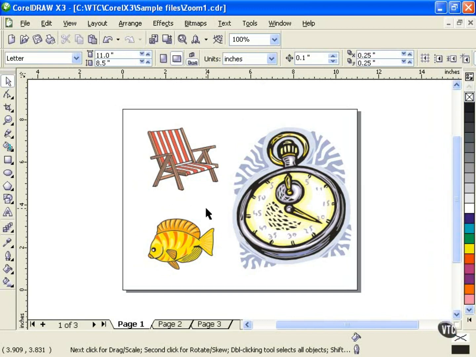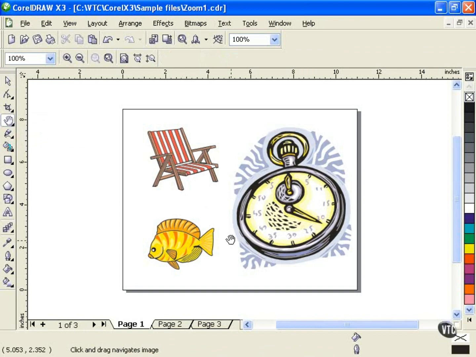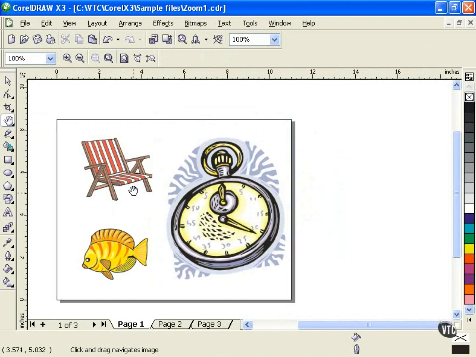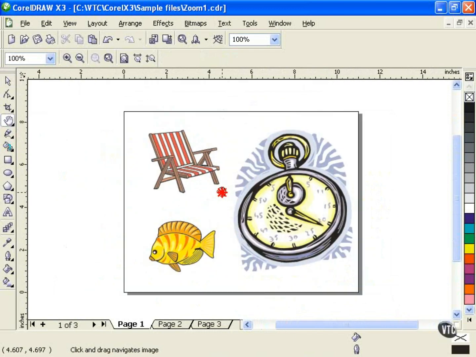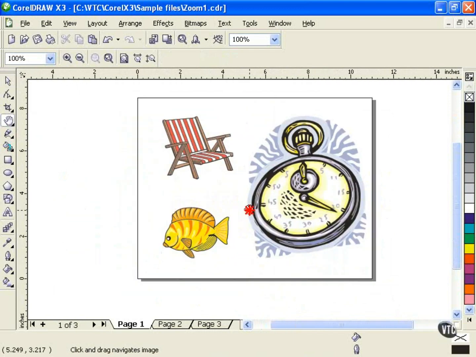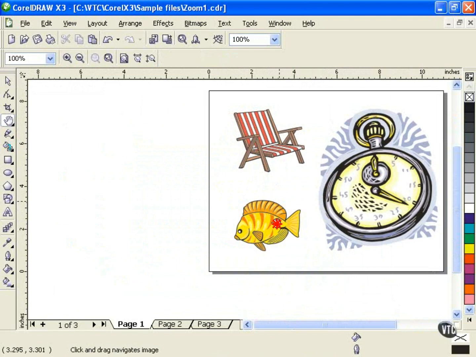Here we're going to talk about panning, which is moving around the page in the same view. Let me show you what I mean. I'm going to come over to the zoom tool, I'm going to hold it down and choose the hand grabber tool. H is a shortcut key if you want to remember it, and if I press down and drag like this, you can see that I can move the page around there, but not in the same part of the